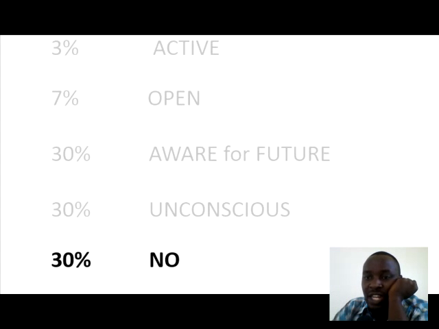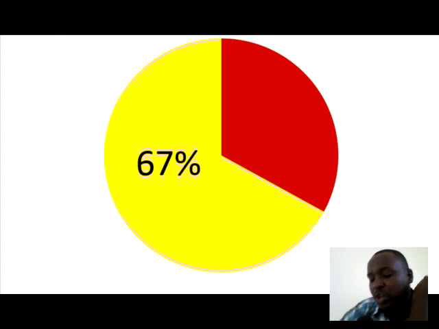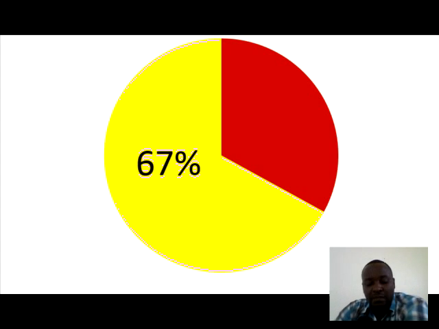You see how you need these 67%? Yes, it's important. Then there's always the 30% that is a complete no. These will never accept, because perhaps they've taken on another service provider, or they simply don't want your product. Most salespeople waste a lot of time with this. You just have to let go and let them go. Yes. So we know that the 67% of that market is available for you to sell your product to.